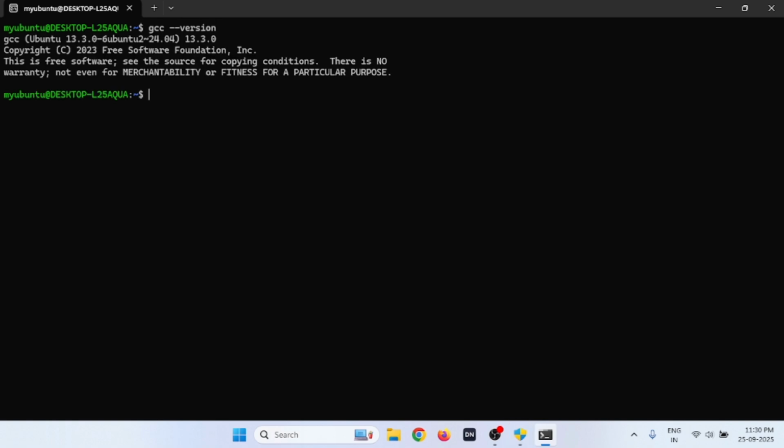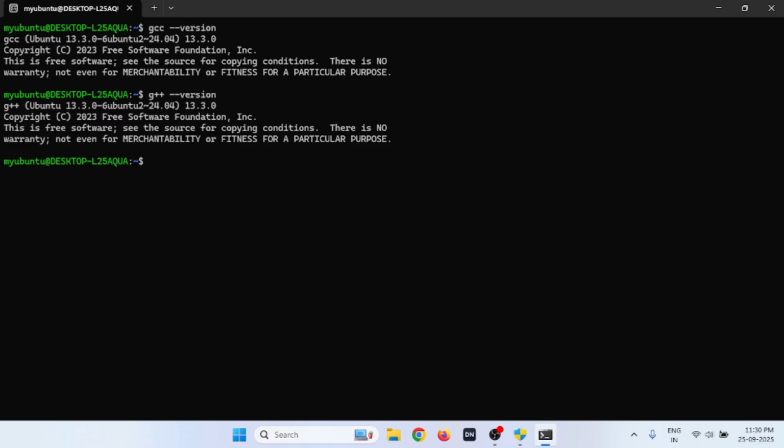Let's clear the screen. In order to check whether GCC and G++ are installed properly or not, just type the command gcc --version. This will list the details of GCC compiler, its version. Similarly, you can go for checking G++ compiler version as well. Once this is done,